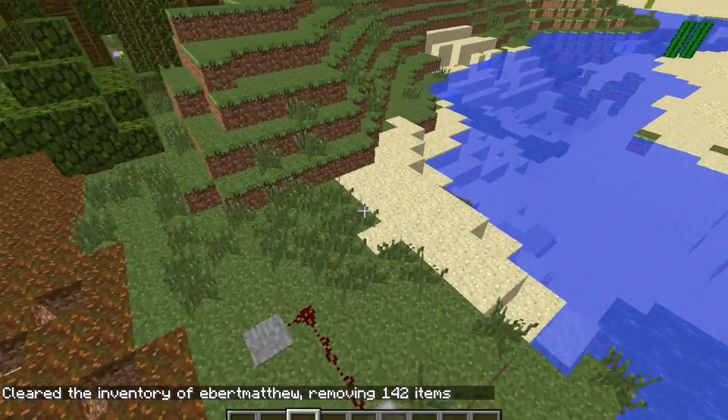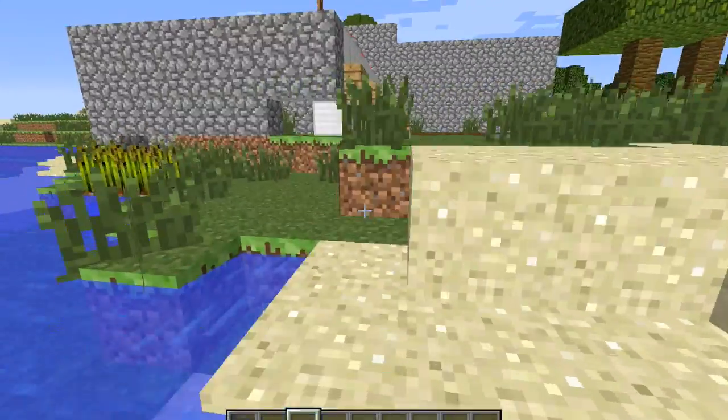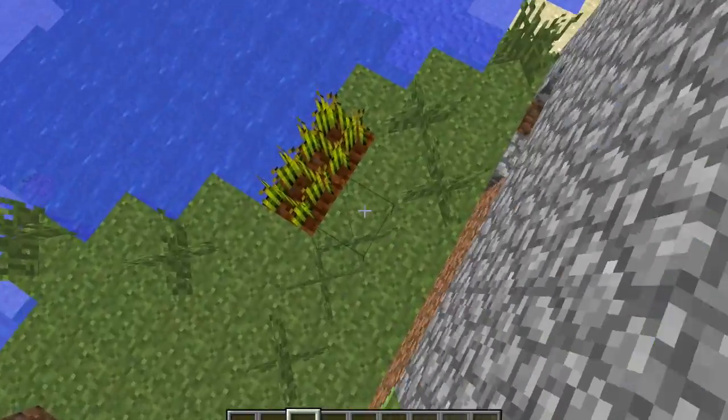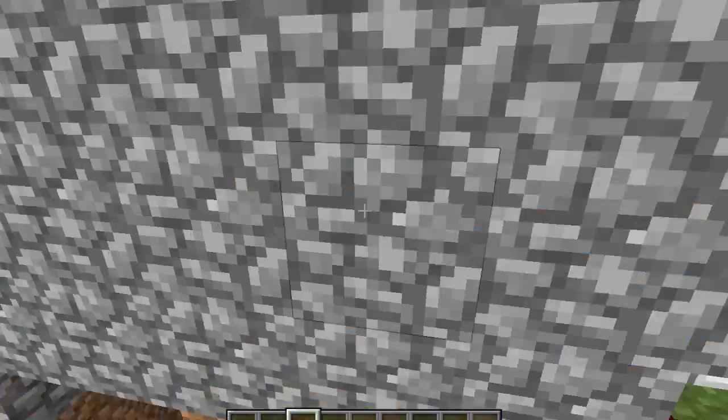Hey, there's the baby T-Rex. I think I see the baby T-Rex. Nope. Baby Velociraptor. What? They're breeding. Okay. Strange. Why did I do that? Stupid. But, you know. I'm sorry. I get distracted sometimes. Oh, I'm in creative. Anyway,